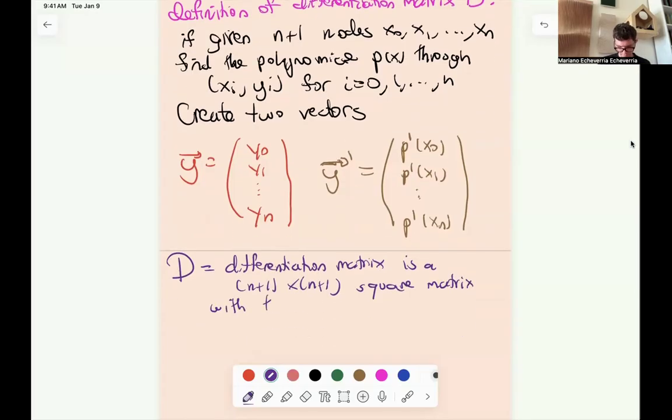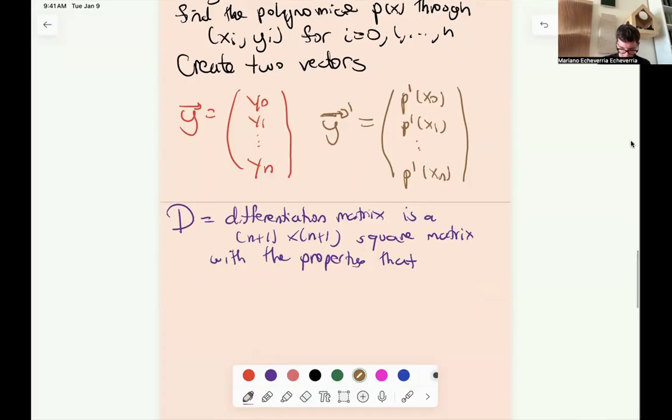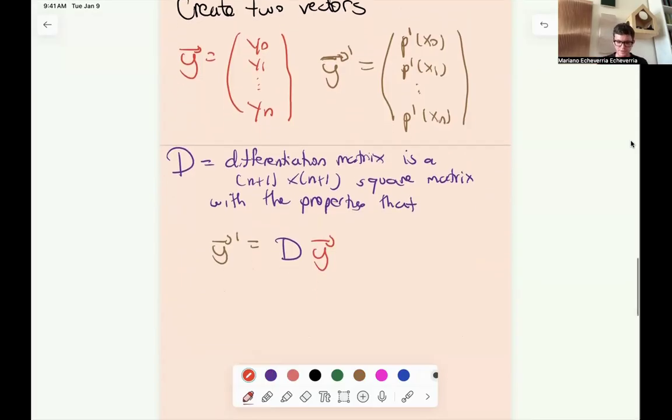With the property that y prime equals v times y. So in a sense, it gives you the values of the derivatives. That's why it's called a differentiation matrix. It's kind of a reasonable name. Or if you want to expand it out, you know, this thing